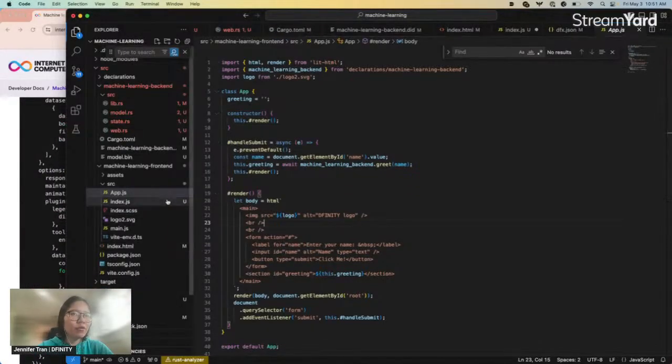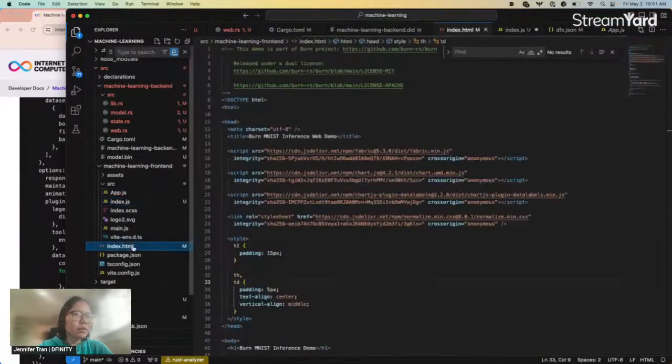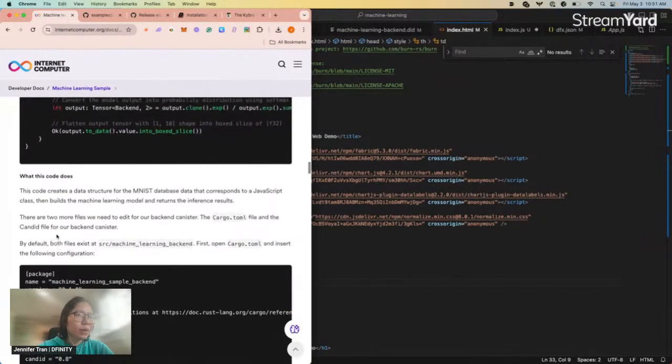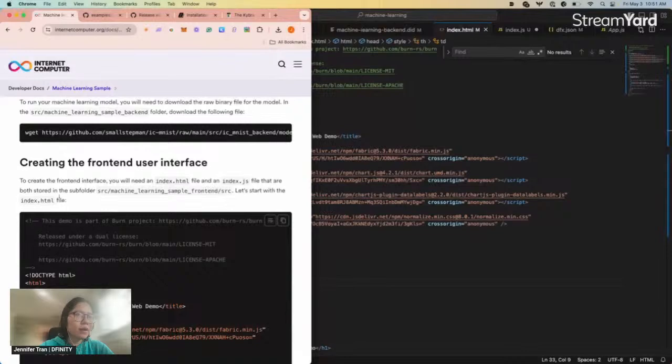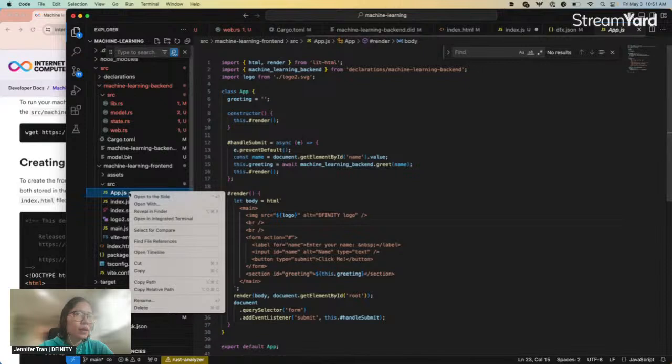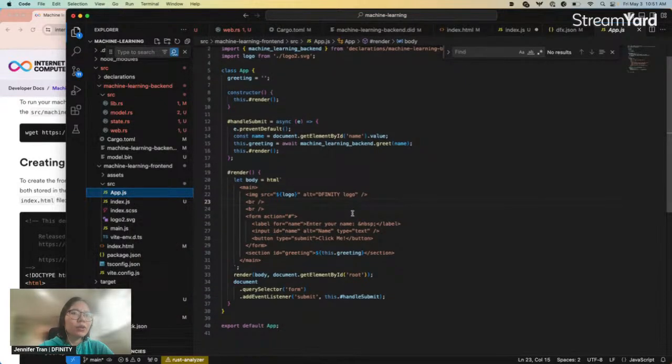Practically, I think the issue is, so there is an HTML file. I think I might have missed one step. Machine learning backend.